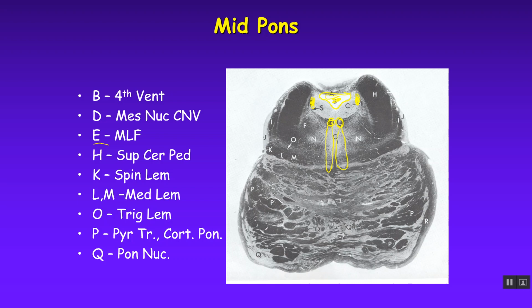It no longer is up in the medulla. So now the MLF is no longer near it. But the MLF stays in this general region all the way through pons, medulla, all the way down, okay? It's the fact that now the medial lemniscus, which is this region right here,